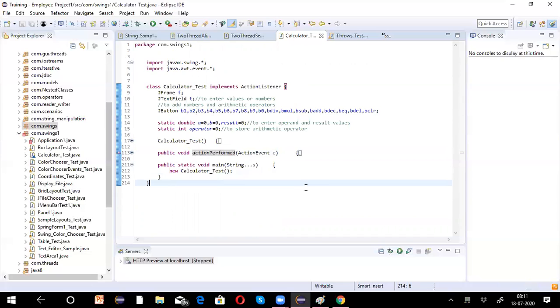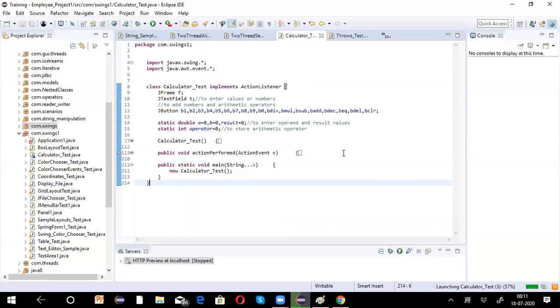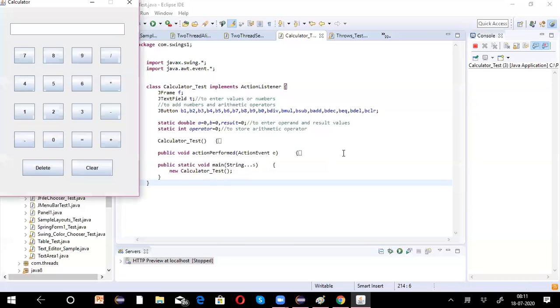Yes. Okay, let us execute this. Since we are manually placing all the components using XY coordinates, this is how they are displayed.